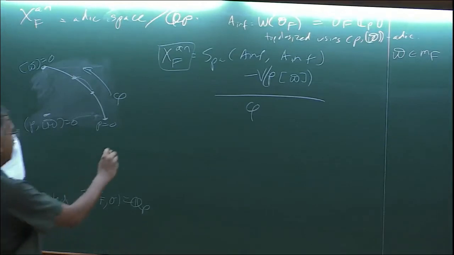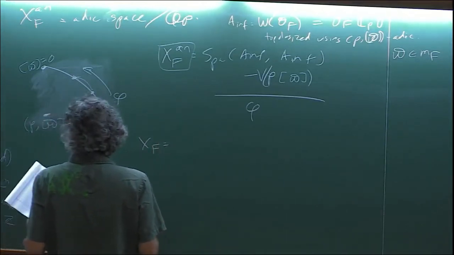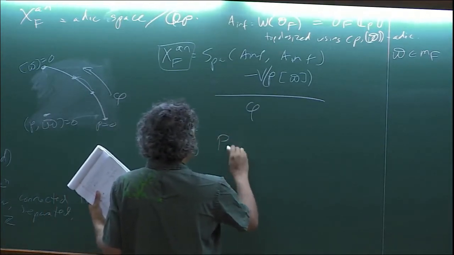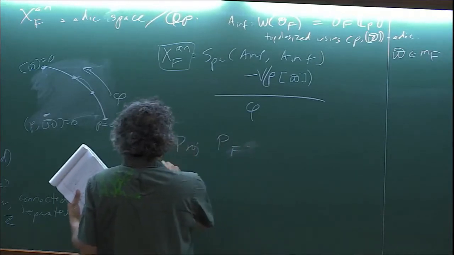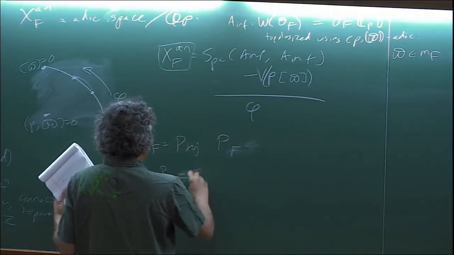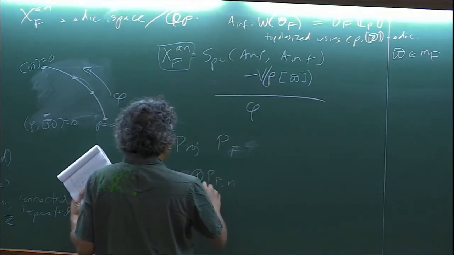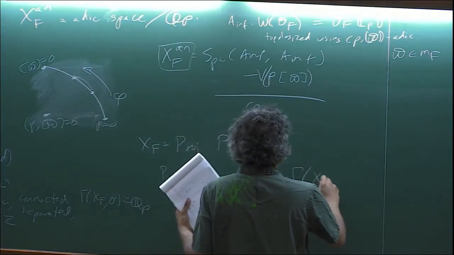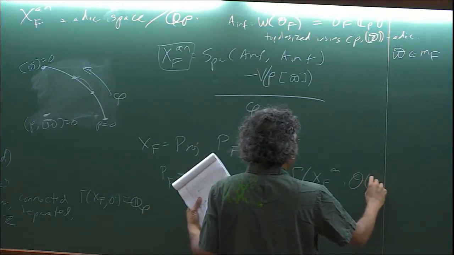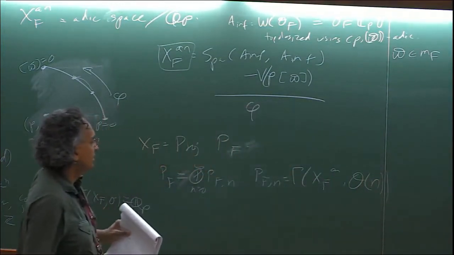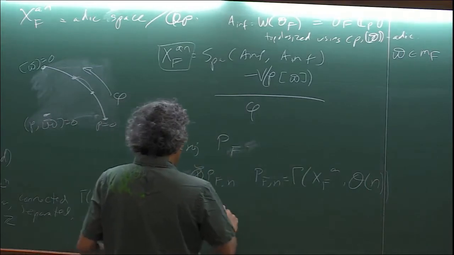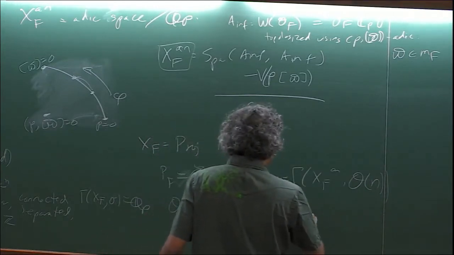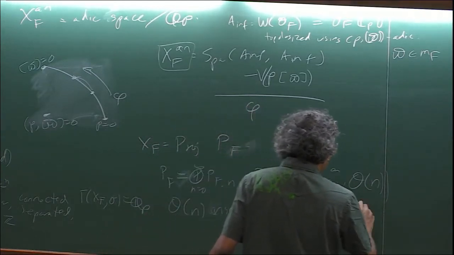And then X_F you can think of as being Proj of a certain graded ring, where P_F is a direct sum of graded pieces, where the nth graded piece is the sections of some line bundle O(n), where O(n) arises from the phi-equivariant line bundle